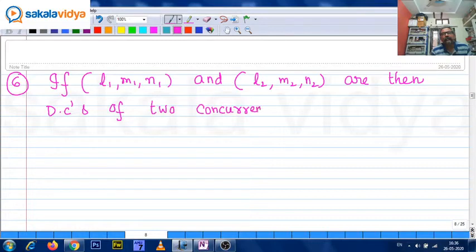Concurrent means they meet at one point. Two concurrent lines. They meet at one point. Concurrent lines. Then